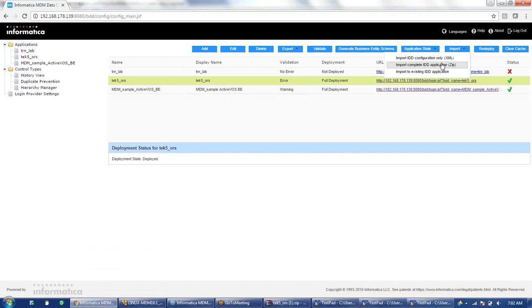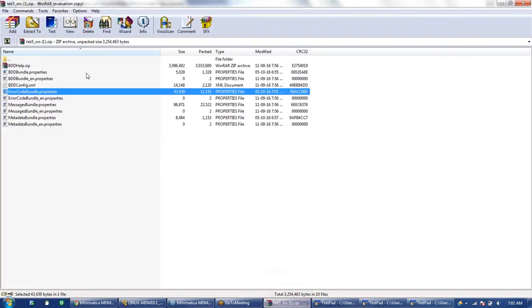I have to send this to the test environment. So for the first time, if I have to send it to the test environment, I can send this zip file completely. Whatever is the zip file, like the zip file name is tk5_ors, I can send this zip file completely. For the first time, we usually send the zip file itself.